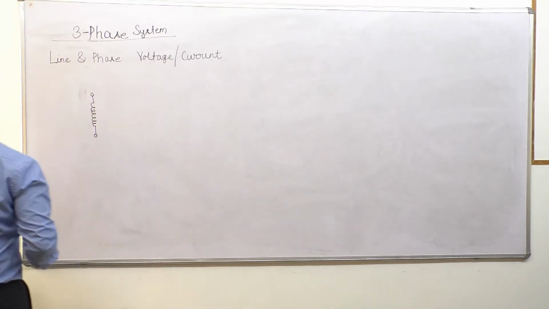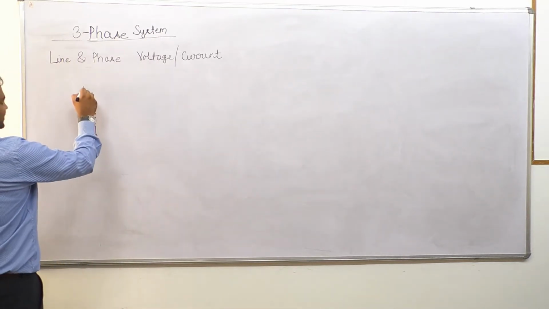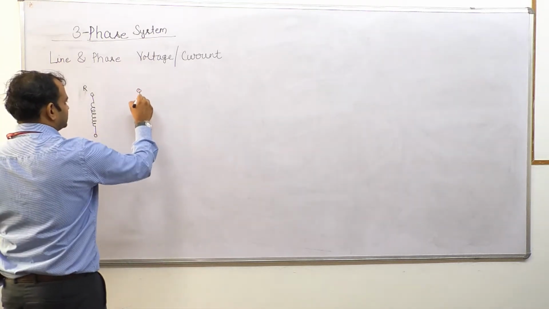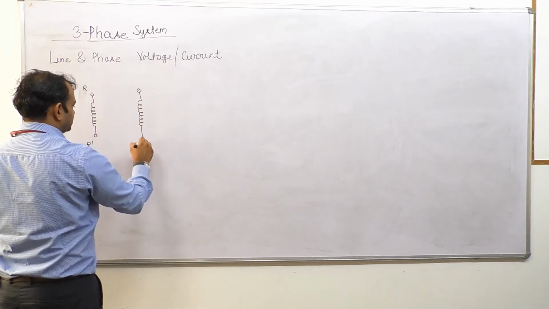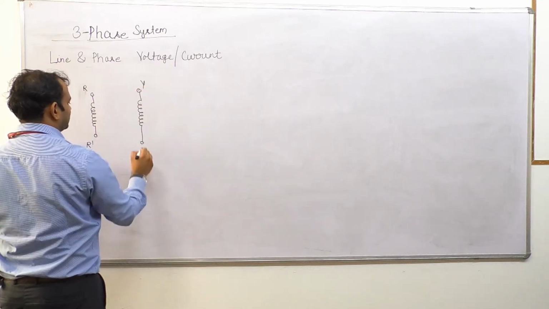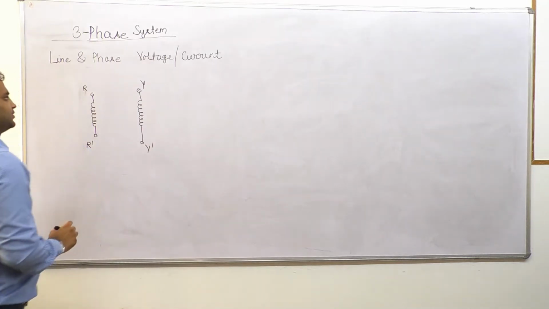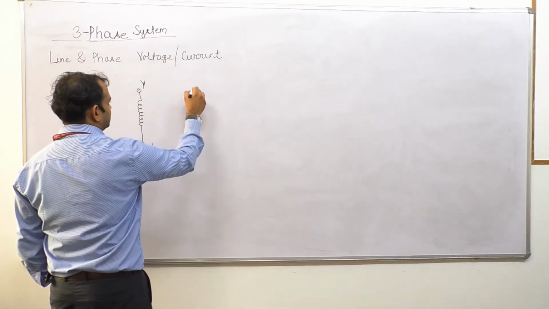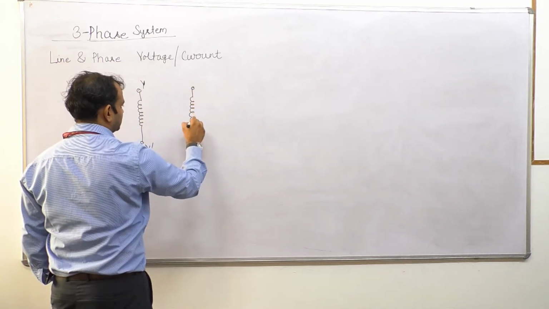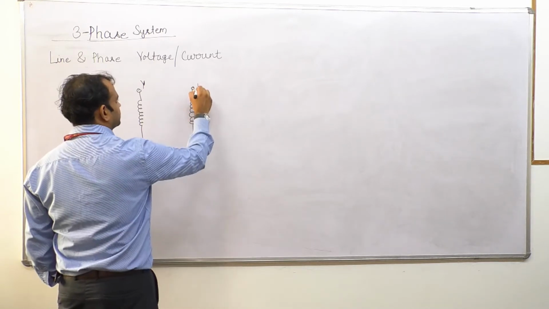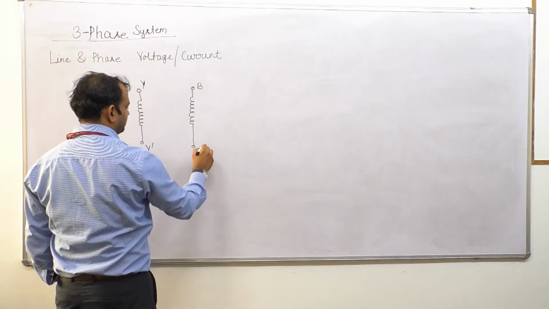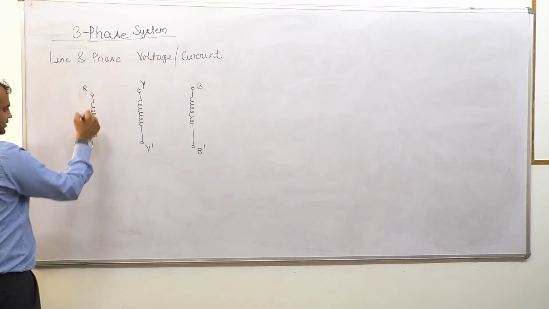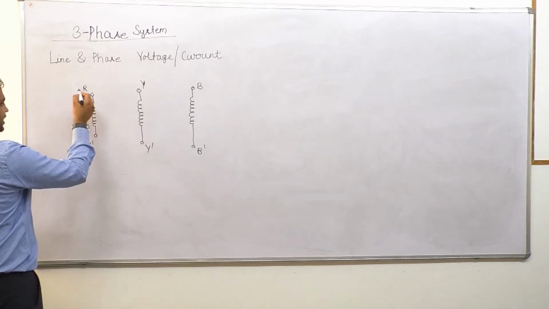So we name R, R dash, this is Y, Y dash, and again the third phase B, B dash. If we consider the voltage across this first phase, let us say R to R dash,